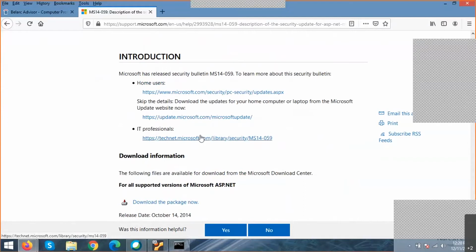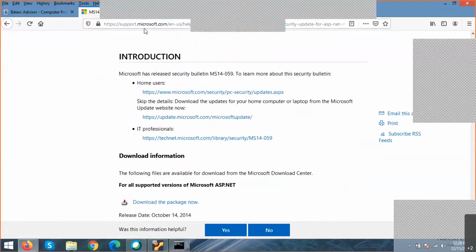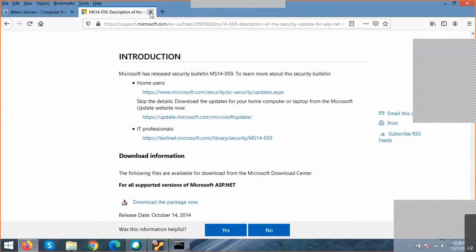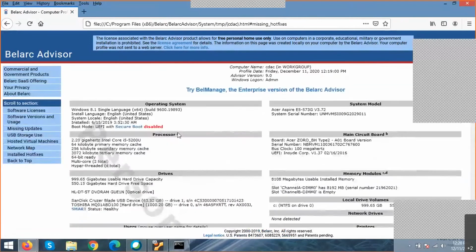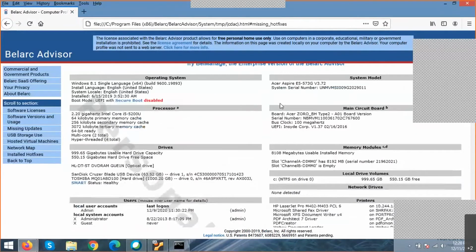It also gives you reference links and the vulnerabilities, and what hot fixes are required. Coming back to this, you can also see your system information: I'm using Windows 8.1 OS, along with the host name and the make and model.